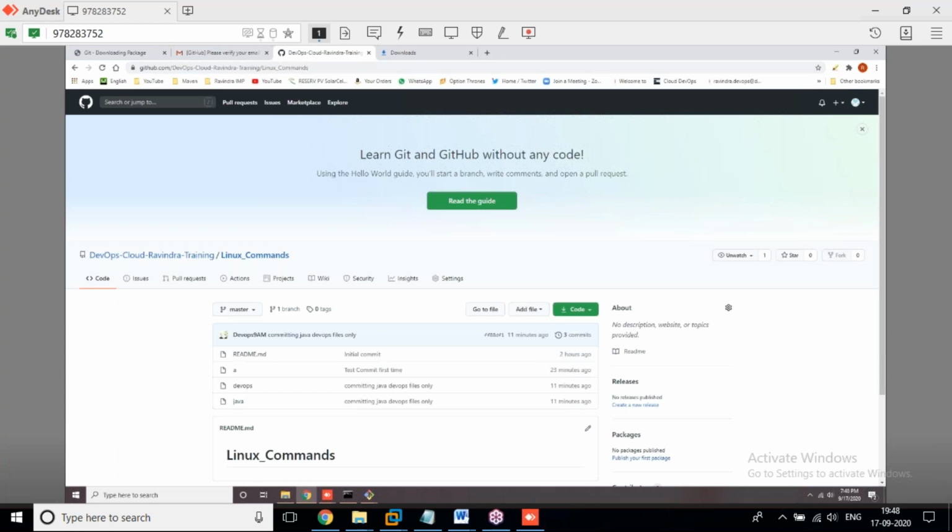According to our syllabus, the introduction to DevOps and different software development life cycles were mentioned.